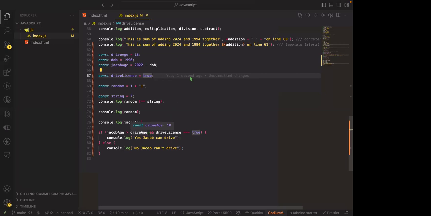That means you are telling us that before this statement can run properly, before we can get "Yes, Jacob can drive", Jacob must be above 18, and he must also have a driver's license. If you're in Nigeria, you know that you have to be above 18 and also have a driver's license before you can officially drive. I know some of us don't have a driver's license, and some of us are not up to 18, and yet we can drive. But according to the law,